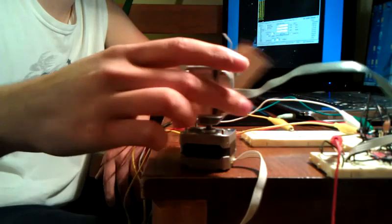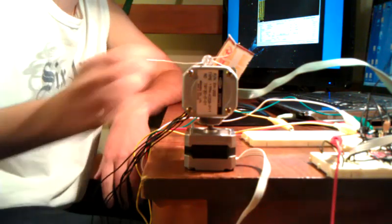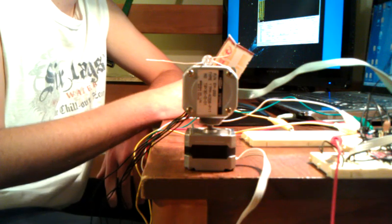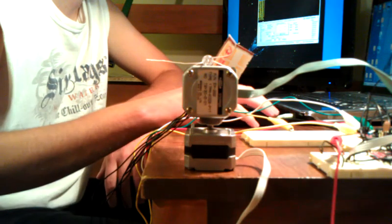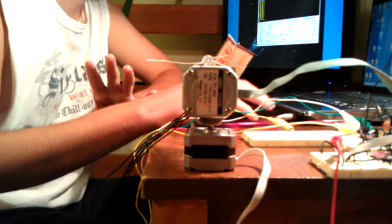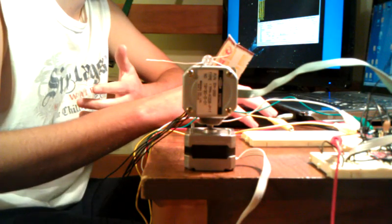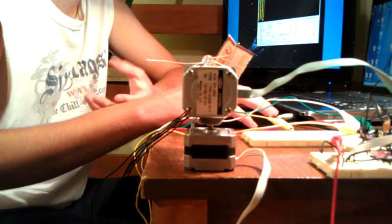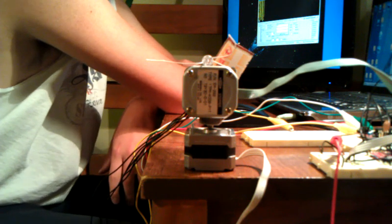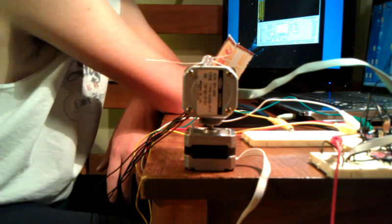So now they're free to move, and they can move to a position, but because of these heavy cables that are coming off of the sensor, it kind of moves back to its own position. And now that I have this, my next step is to figure out how to send the 1, 3, 4, 5, or 6 to the microcontroller through a web page, and I think I'm going to try using PHP for that, and hopefully it works out. That's it for this